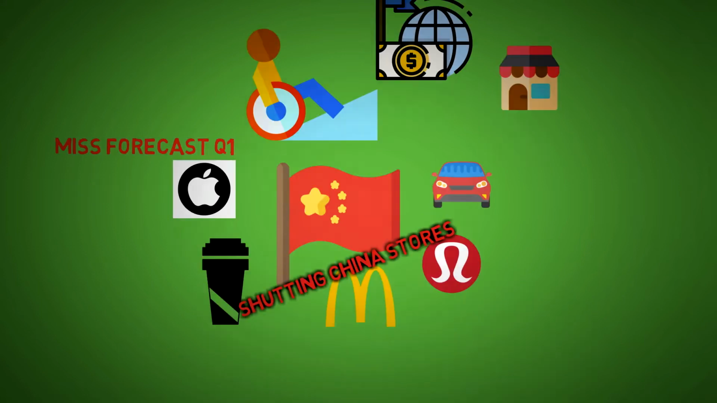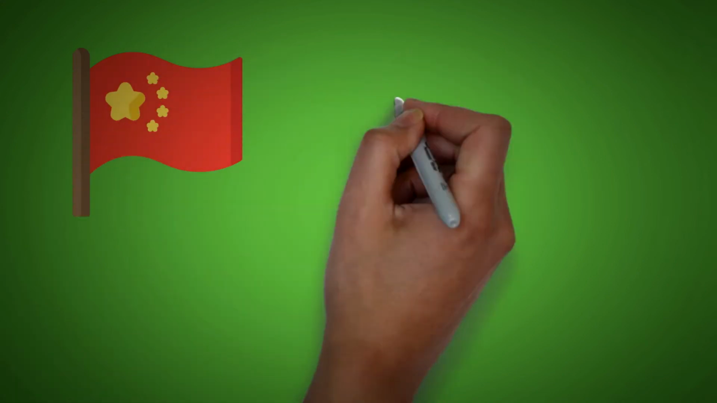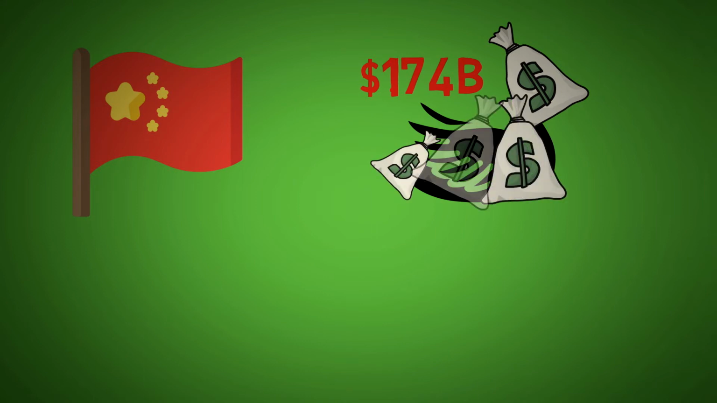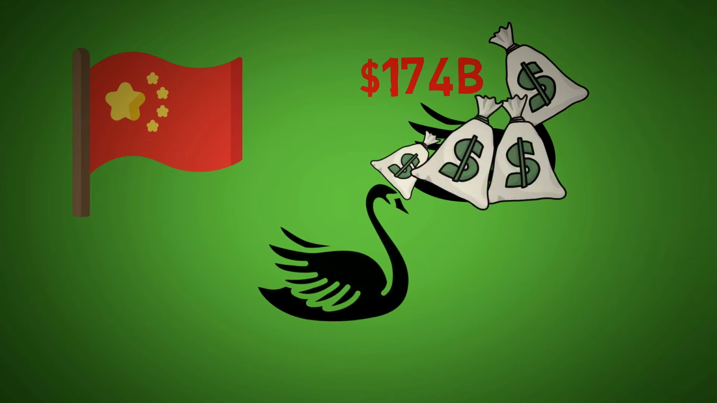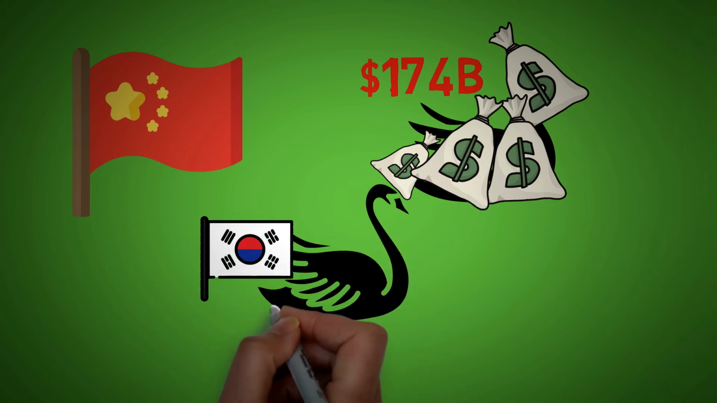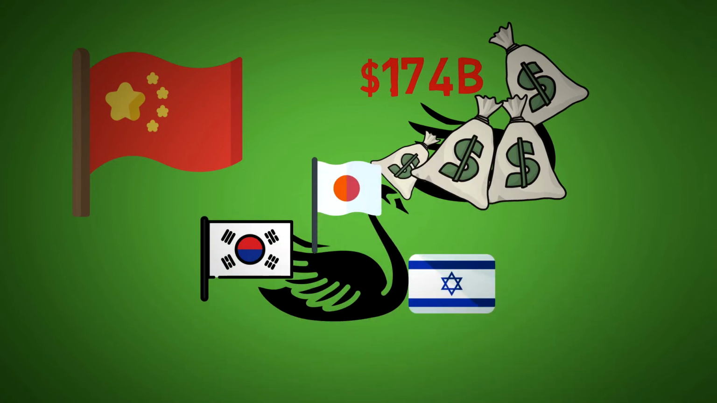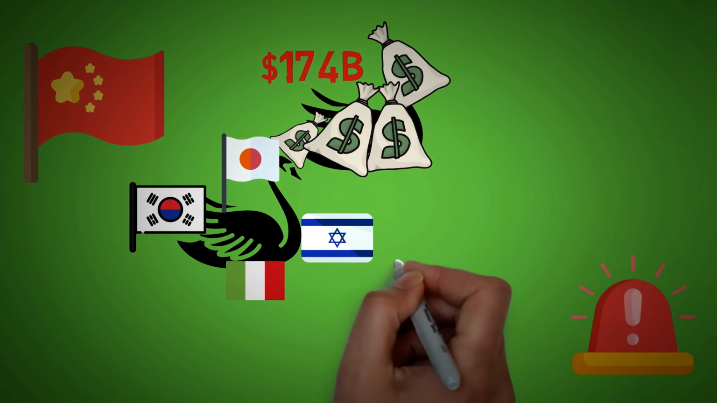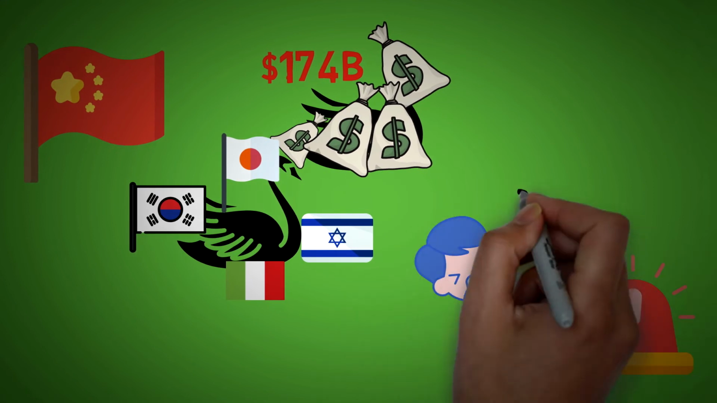China has used many tactics to hide this black swan. And they even tried to disguise it green with a $174 billion stimulus. This swan seems to be taking flight in recent days, hitting Korea, Japan, Israel, Italy. And the most alarming thing is that a lot of countries aren't even equipped to distinguish between the common flu